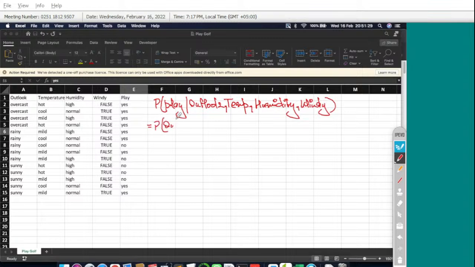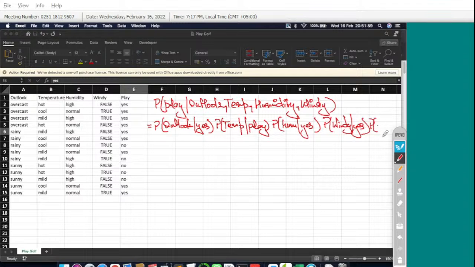The probability of whatever the outlook is when we play, into the probability of whatever the temperature is when we play, the probability of humidity when we play, the probability of windy when we play, and the probability to play, divided by